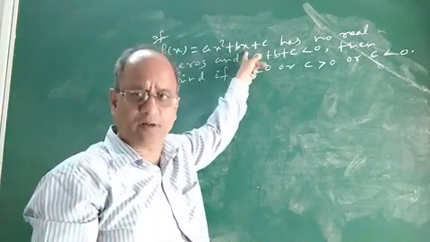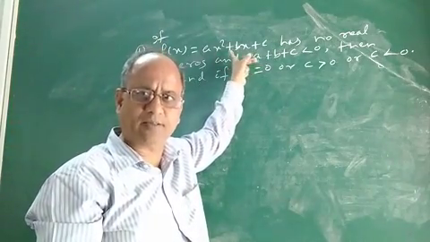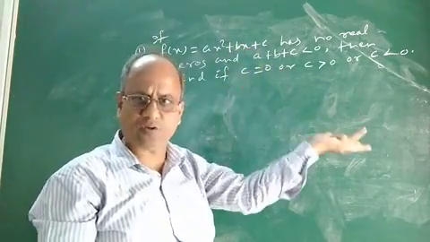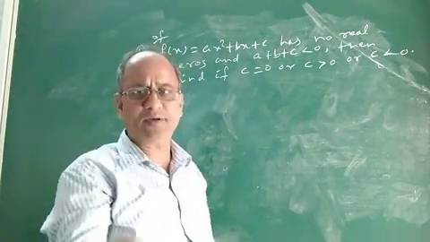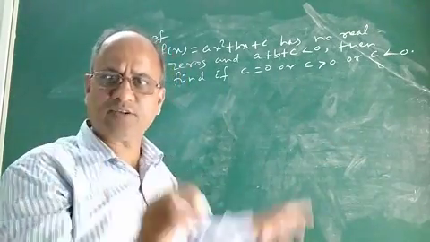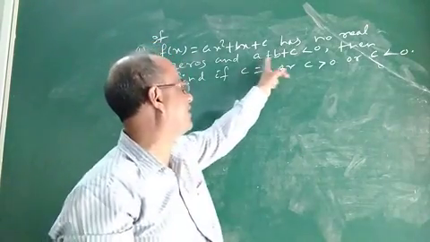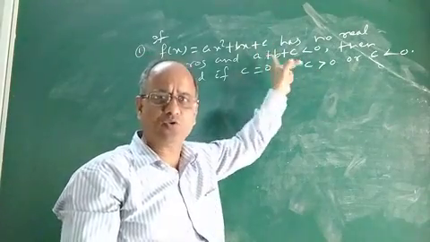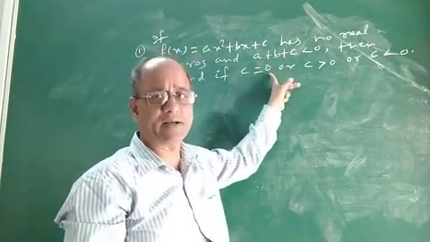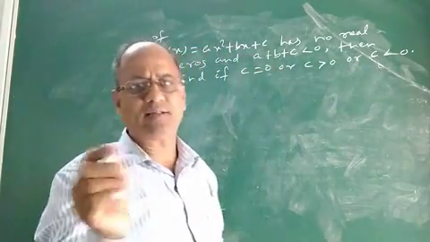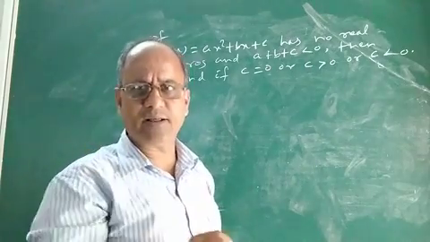In case of polynomial, the same thing is applicable. Here this is a quadratic polynomial and it is given that it has no zeros. No zeros means the discriminant associated with this quadratic equation will be negative, or less than 0. Now you are given another condition. From these two you find out whether c will be greater than 0 or equal to 0 or less than 0. Let us see how to find this in a simple way.